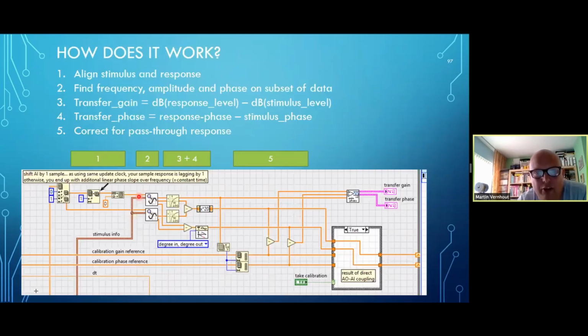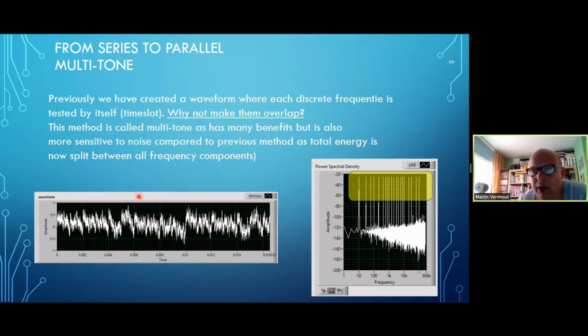So instead of placing them one after the other, we could run them in parallel. If we run them in parallel, it means the low frequency sine and the high frequency sines are all overlapping, and that's not a problem because our FFT will split them, will bin them out to the frequency components. That method is called multitone, and it has many benefits, but it's also more sensitive to noise. So if you look over here, you can now find out that all the test frequencies, which are actually the spikes in the FFT plot, they are of equal power. And you can actually also see that the noise is slightly increasing near the higher frequency side.